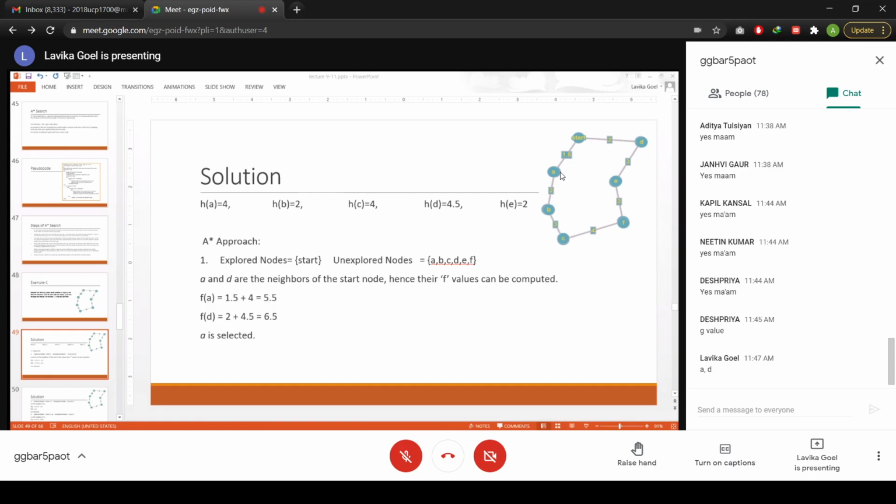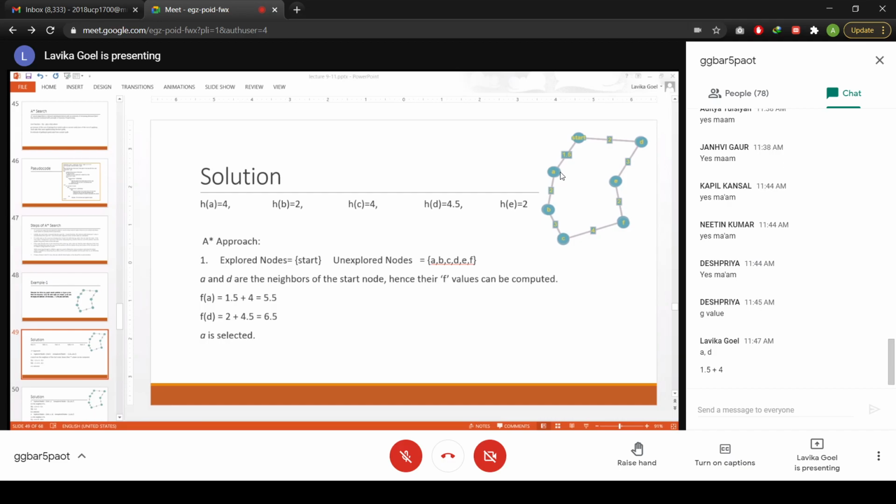So that is the G value of A, correct? G is 1.5 and H is given to you in the question as 4. So your F value of A becomes 5.5,